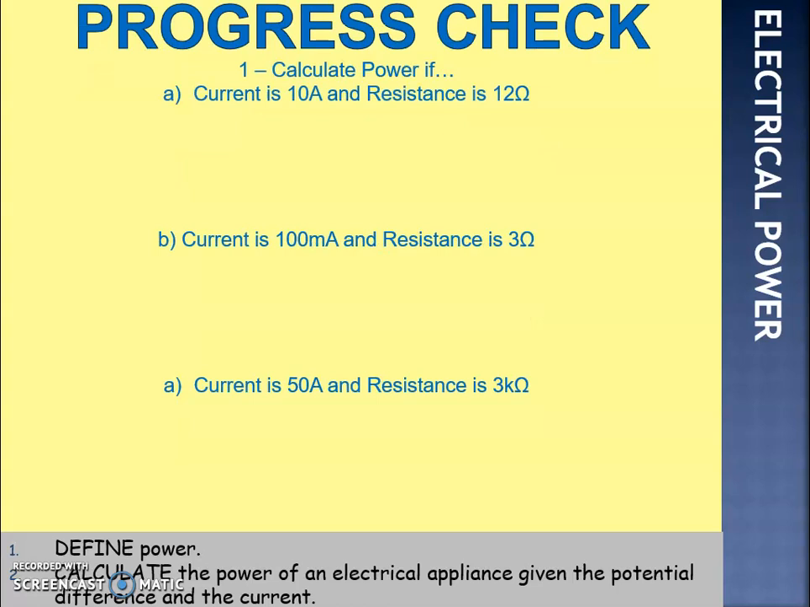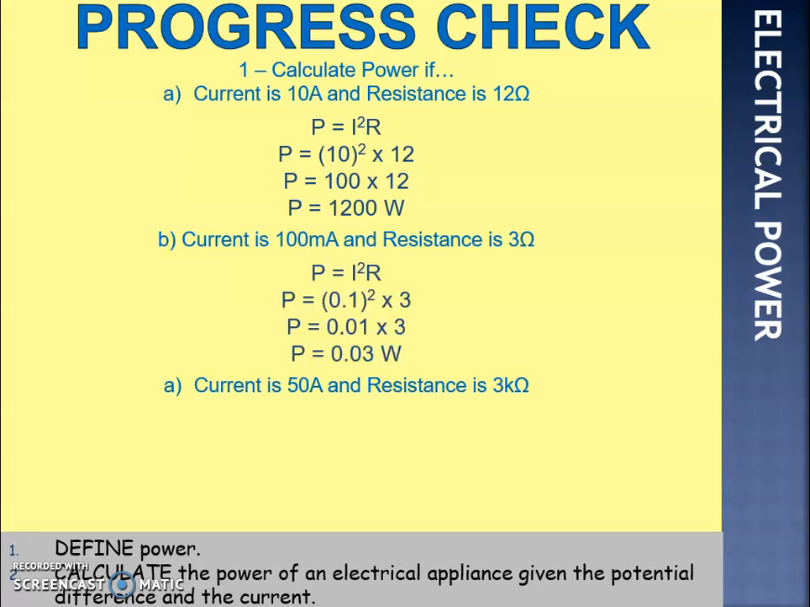Okay, so question 1A. Current is 10 amps, resistance is 12. That gives us an answer there of 1,200 watts. Question 2, 100 milliamps. We need to convert that to amps, so that would become 0.1 amps. Square that and times it by 3, which is the resistance, gives us 0.03 watts. Final one there, current is 50 amps, resistance is 3 kilo ohms. 3 kilo ohms is 3,000 ohms, so we need to convert that as well. 50 squared times 3,000 gives us